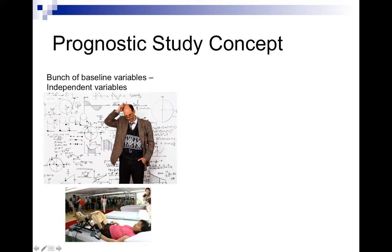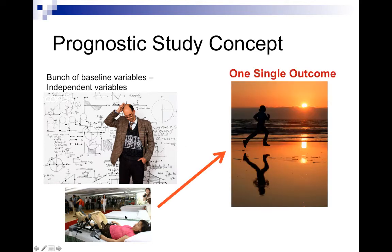What this represents is a person evaluating a patient and taking all kinds of numerical readings from the patient. That's what the whiteboard represents, and then how they should use those to make a prediction of an outcome that's important to the patient. This single outcome could be something like return to work, return to sports activities for a younger person, the ability to return home after a hip fracture, or whether they'll be assigned to a nursing home. These are important clinical outcomes for our patients, and they expect us to make some kind of reasonable prediction